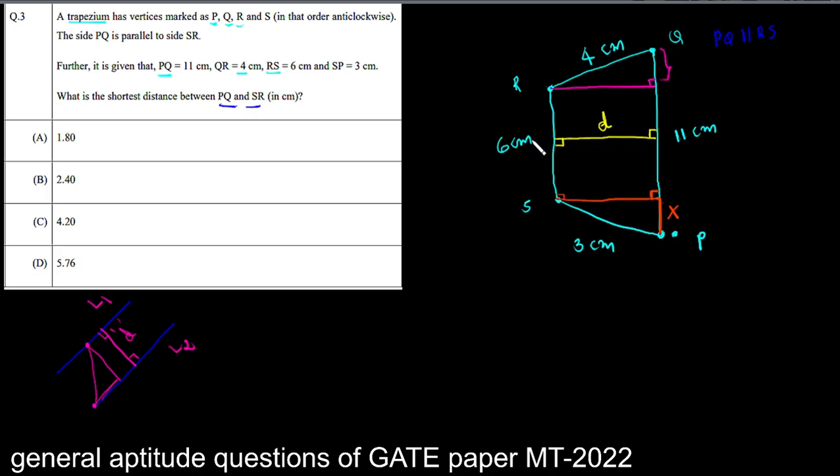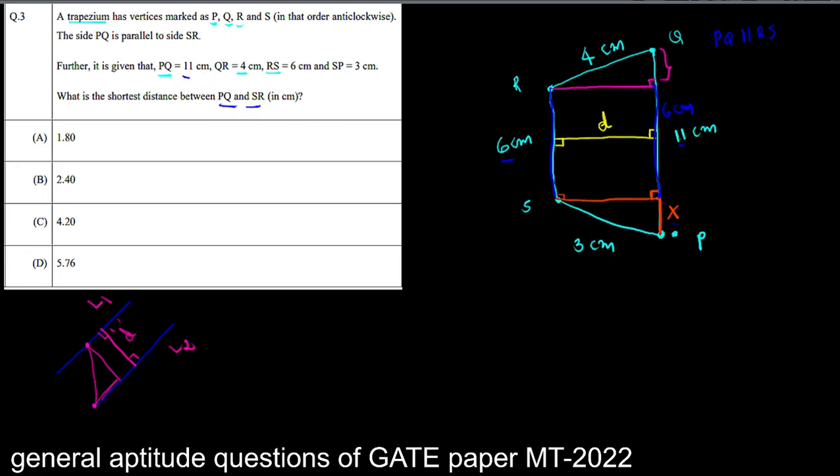So now this portion of this figure, let's draw in another color. So now this portion from R to S and this distance from this line to this line, now those two lines are parallel. That means if the left hand side is 6 centimeters, then the right hand side is also 6 centimeters. So I can say here this blue portion on the right hand side is nothing but simply 6 centimeters, and this portion is x. And I know the total length of this PQ line, which is 11 centimeters as given